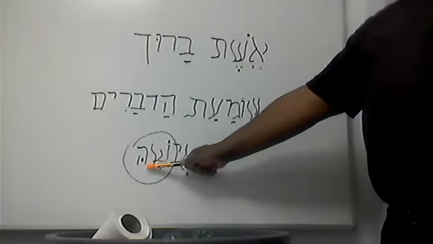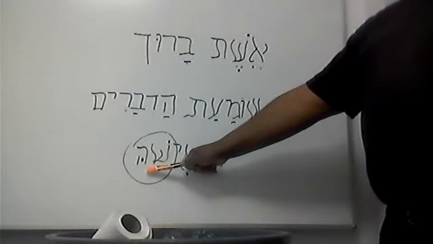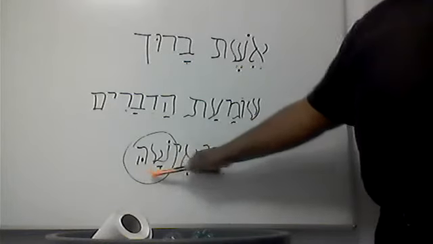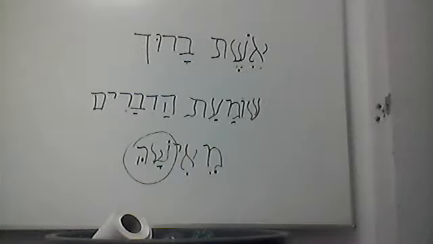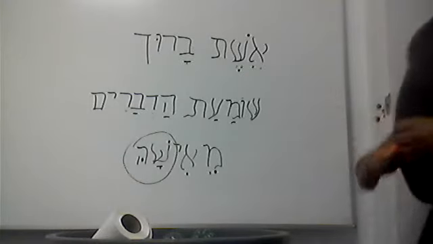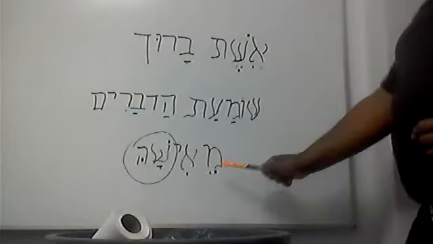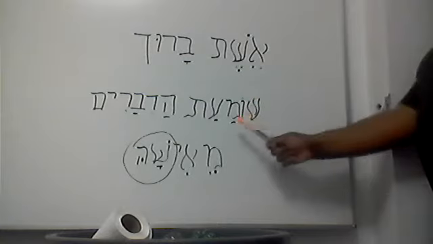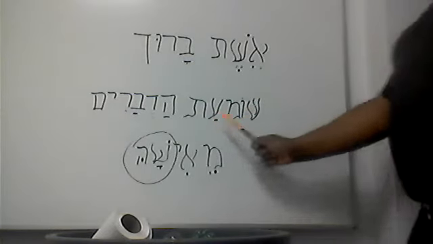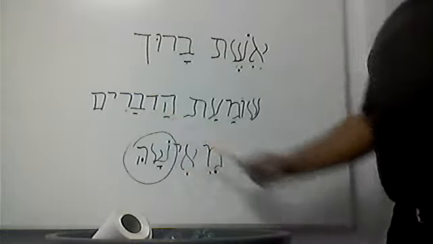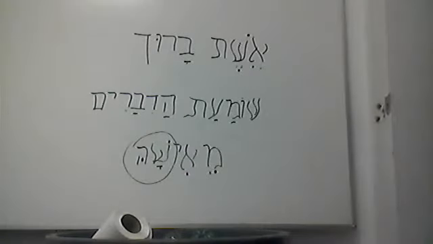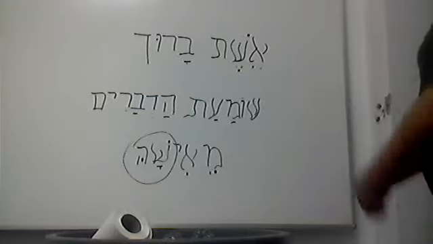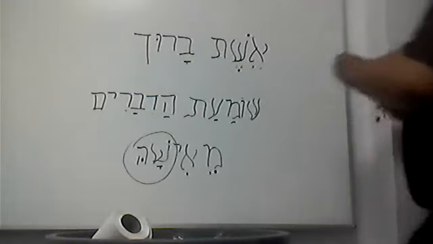This shows right here the possession. All right? This is something we want to point out for edification purposes. All right, one more time, and then we'll move on. Eshet Baruch shoma'at hadbarim me'isha. The wife of Baruch, or Baruch's wife, is listening, is understanding, is hearing the words from her husband. All right? Let's go on, if we will, brothers and sisters.